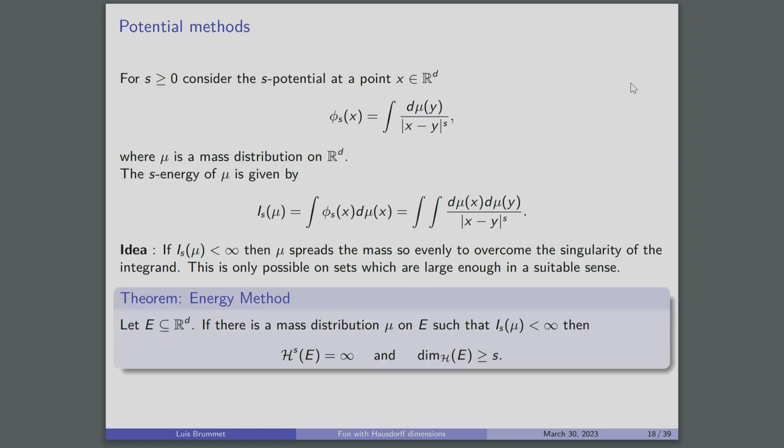So this is one way to do it. Another way would be potential methods. So what are potential methods? Basically, you would define this s-potential at a point x in R^d, where you again have some